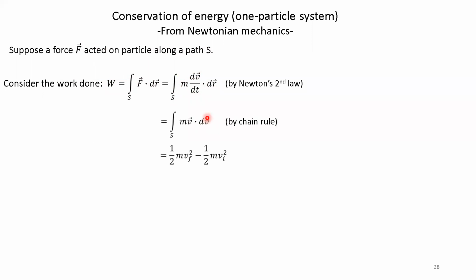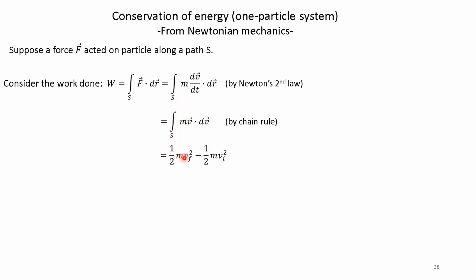Now you just apply the chain rule, so this integral itself can be written in this form, m v dot dv. And this one you know how to integrate. If you do this integration, you see that it is 1/2 m vf square minus 1/2 m vi square, where vf means the velocity at the end of the path,